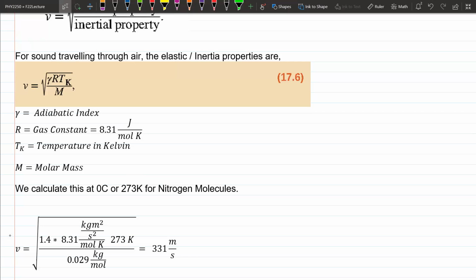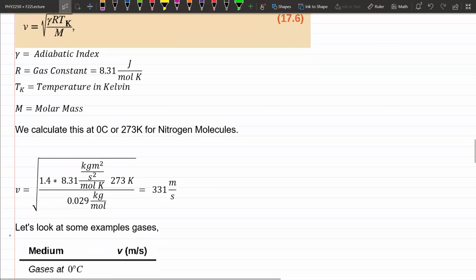It's more of a chemistry term. It's basically how many moles of this particular gas exist in this cubic meter. So these are numbers that you can just look up. Sorry, how many kilograms per mole? All right. So if we want to calculate for nitrogen molecules, meaning most of the air around us is made of nitrogen,